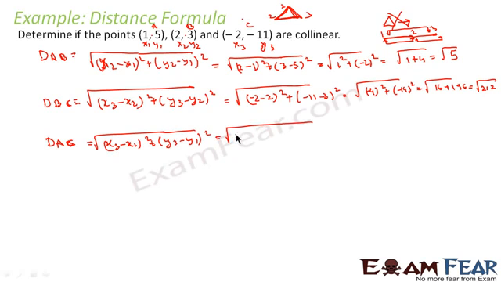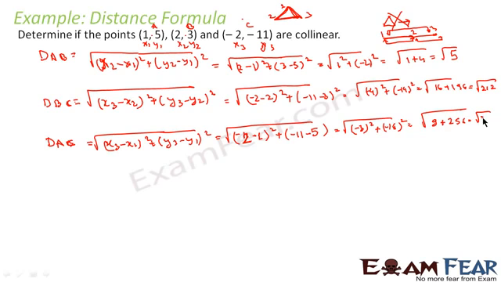x3 is minus 2, x1 is 1. So (minus 2 minus 1) square plus (y3 minus y1) square. y3 is minus 11, y1 is 5. So this becomes root over (minus 3) square plus (minus 16) square. This is nothing but root over 9 plus 256,